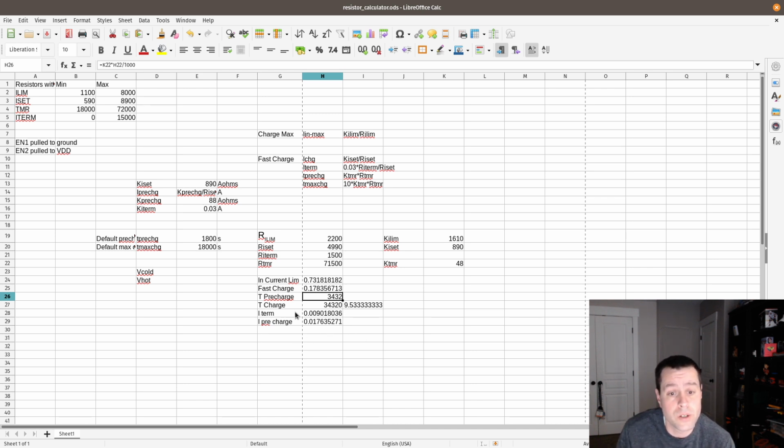And then the termination current, which is about 9 milliamps. And that's, again, in the data sheet, after it's gone through that phase and got the battery topped off, it gradually drops off down to 9 milliamps. And once it hits 9 milliamps, it just turns off. And so